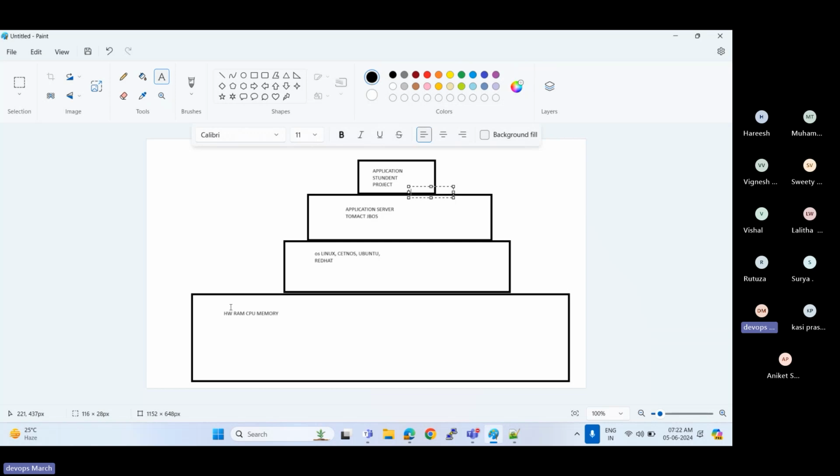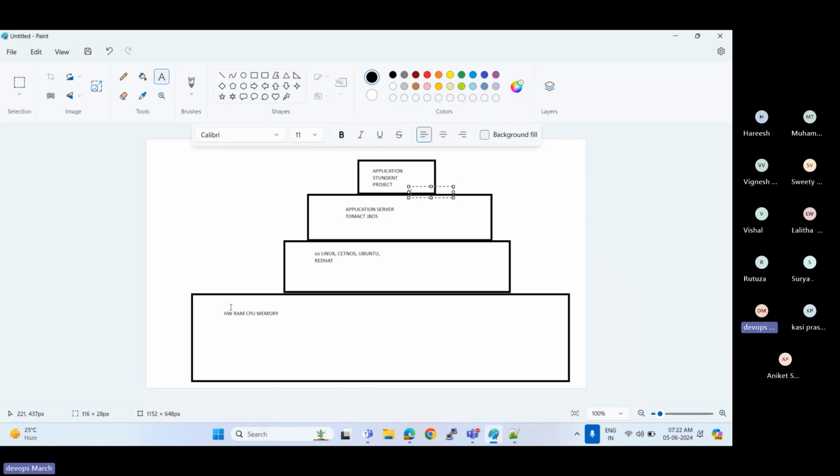So we created one AWS server. On top of that we installed an Ubuntu server. On top of that we installed the Tomcat application server. On top of that we deployed one WAR file. Do you remember that? Yes, Ravindra, we did that. We took one hardware with CPU and memory.